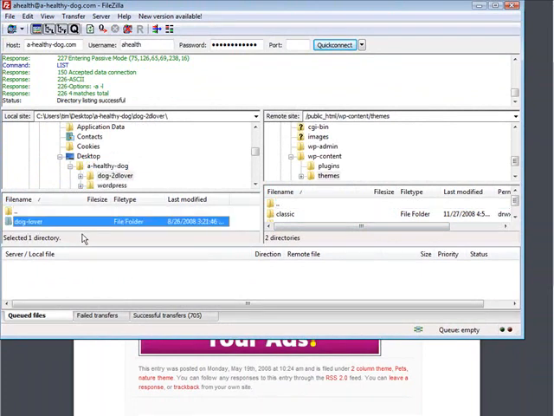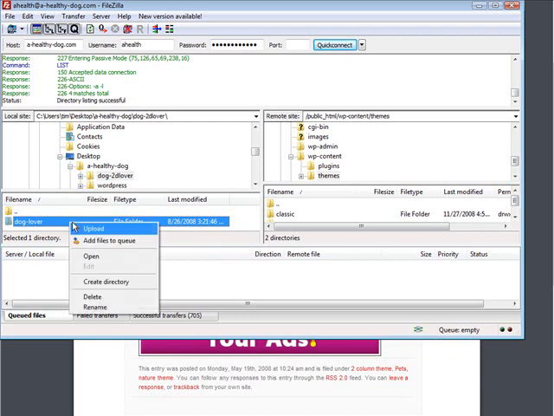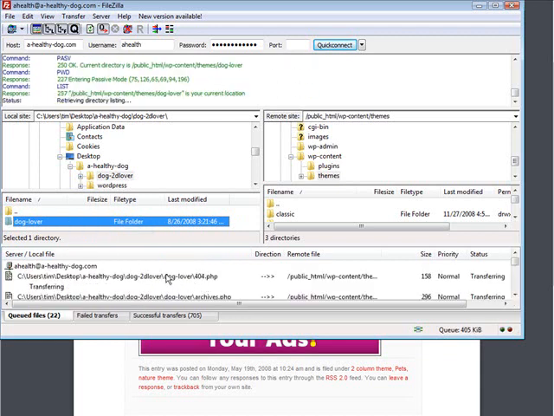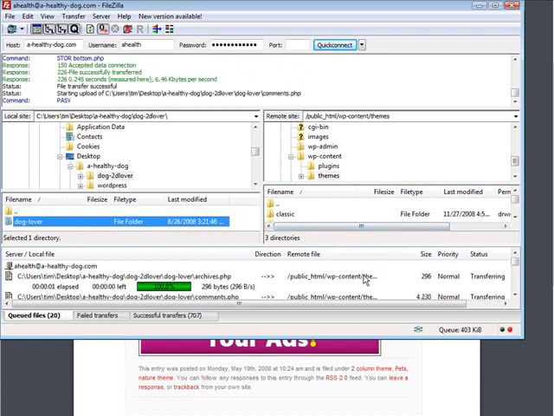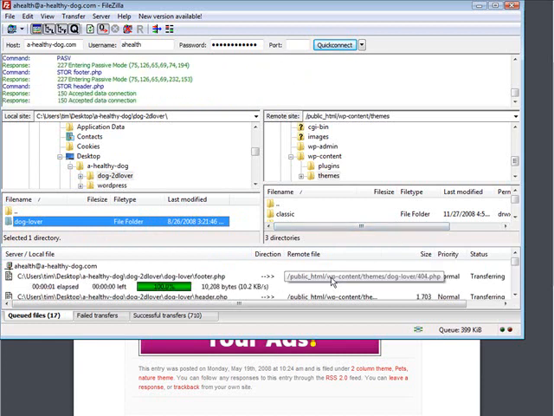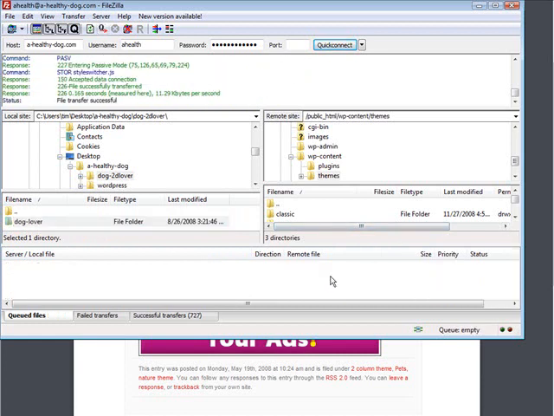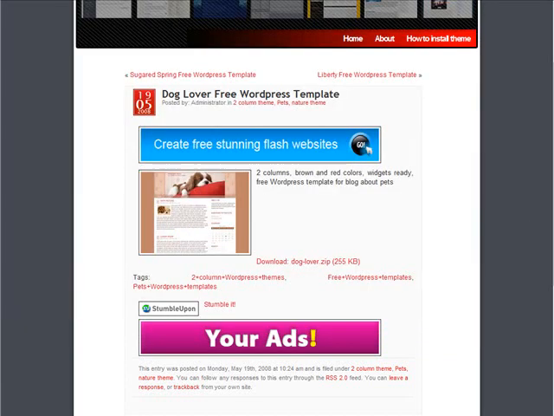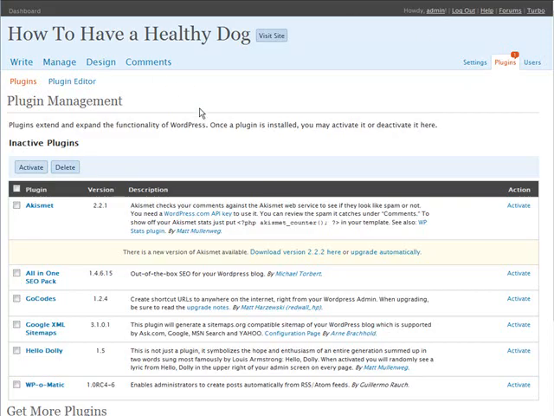Okay, so that's the folder we upload. So you click on the folder, click upload, and all the files are uploaded to the themes directory. Okay, they're all uploaded. So now we can go back to our blog dashboard, go into design,